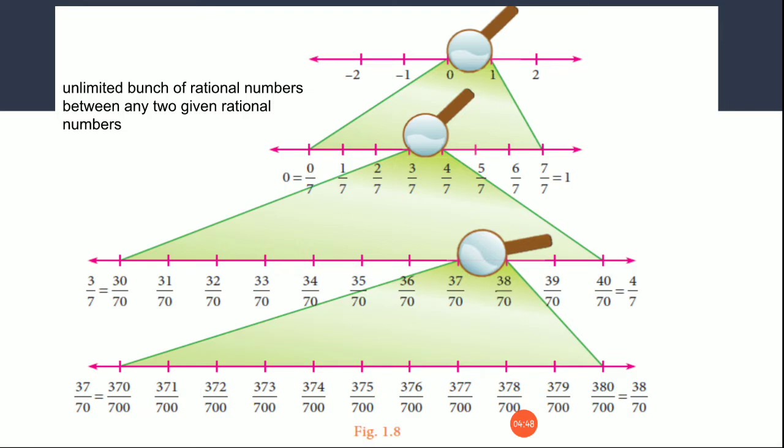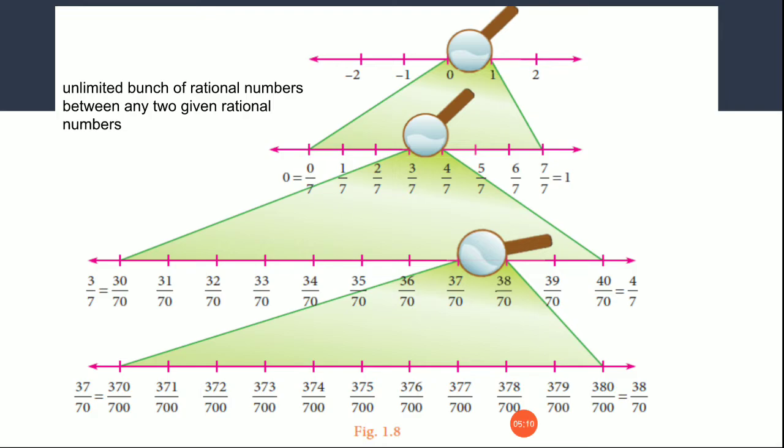What they have done is, first a number line is given with 1 unit in the scale. Okay, -2, -1, 0, 1 and 2. Next, we are just going to take a magnifying lens and see what is in between 0 and 1. And there it is divided into 7 equal parts, and we are getting all the numbers in terms of